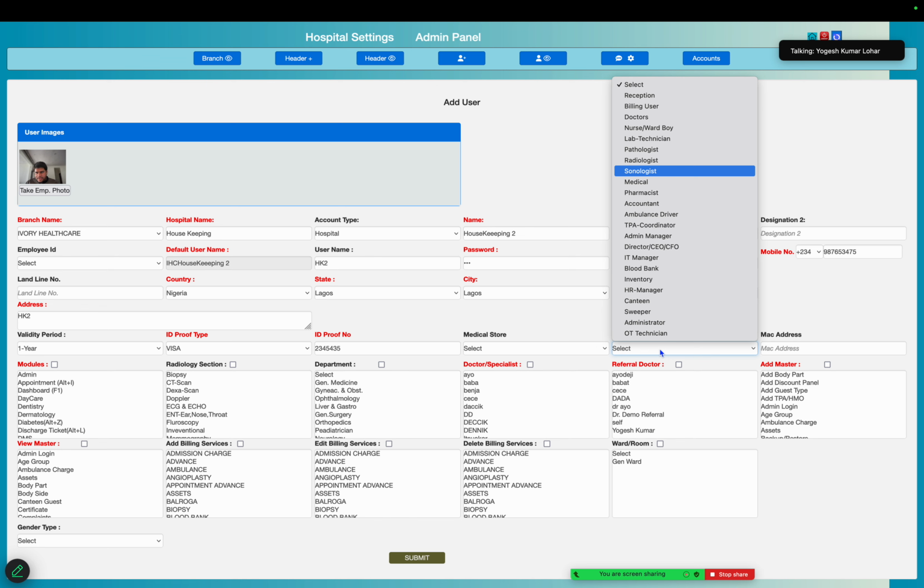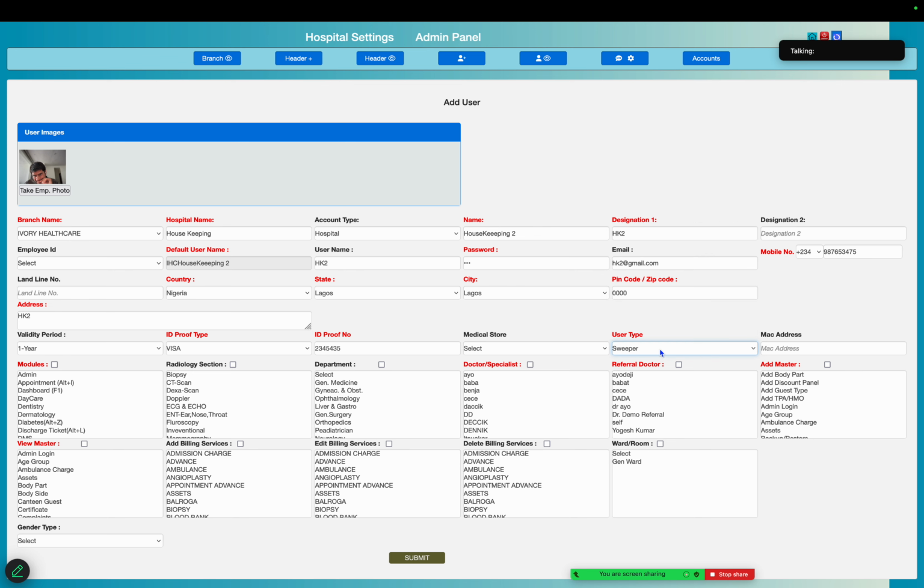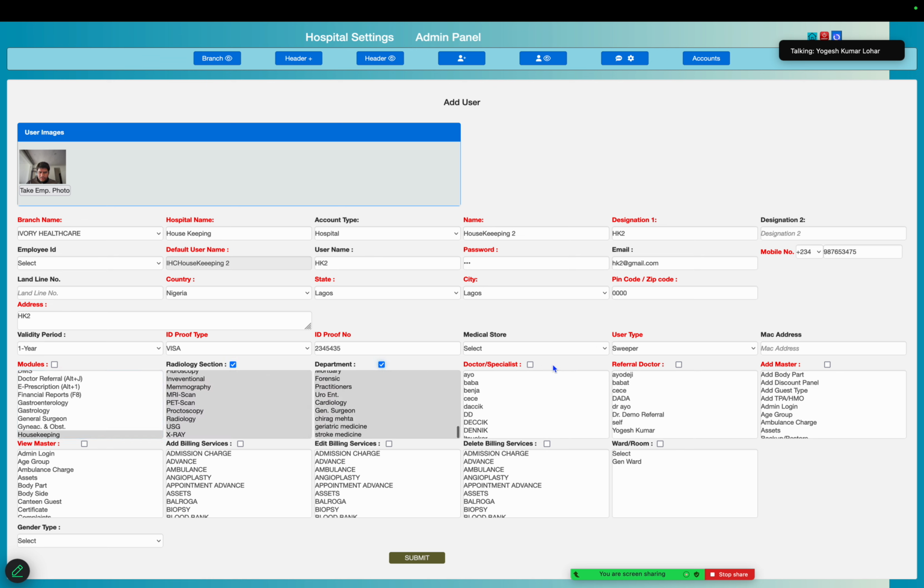Okay, staff, let me create the staff here: Sweeper. So we give the respective housekeeping module here, and for all departments they can clean the doctor's cabin and referral, like that.